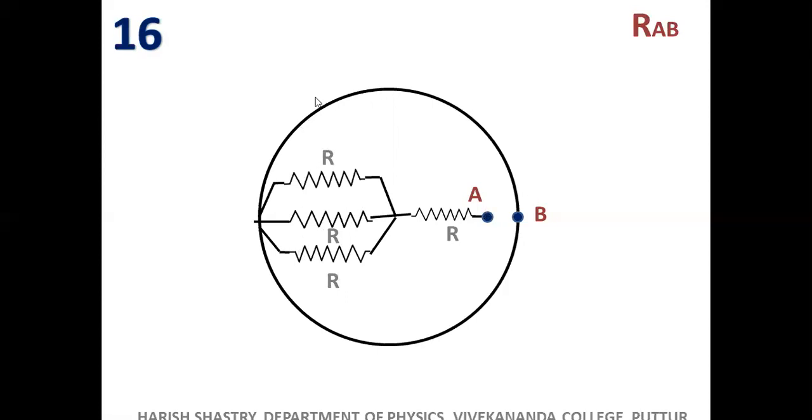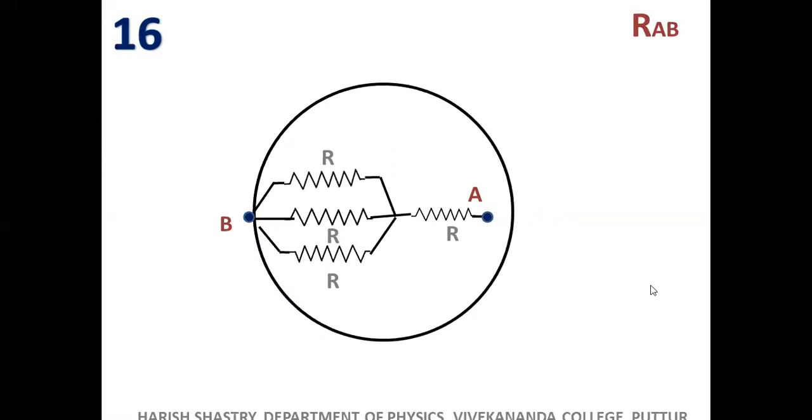But what about this circular wire? It is not harmful. Simply it is connected like this. No use at all. So I can remove it. Simply I can shift this B here, right? Already I have a wire here. So shift this point B here. In between I don't get any problem. I can shift it here.